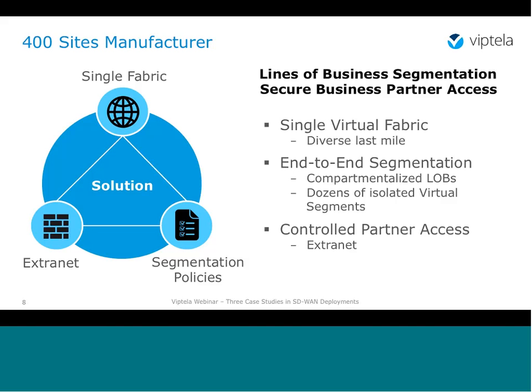Yet at the same time, you want to make sure that it's done in a controlled fashion. In this case, Viptela was able to provide an extranet service to be able to bring the customer into the virtualized environment while keeping the boundary between the segments that the partners were brought in and the rest of the segments that were for the purpose of line of business use, segmented through stateful inspection such as firewalls or intrusion detection, intrusion prevention means. And just to add to what David said, if you look at the before-after picture in this network, before Viptela deployed the SD-WAN,